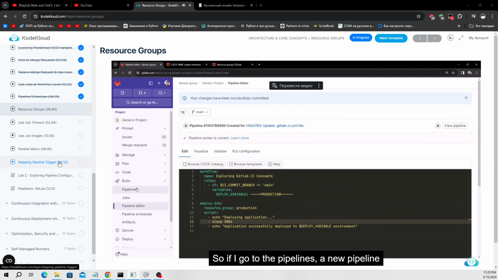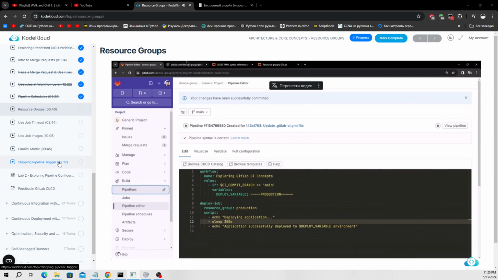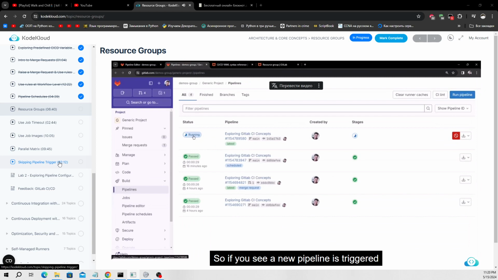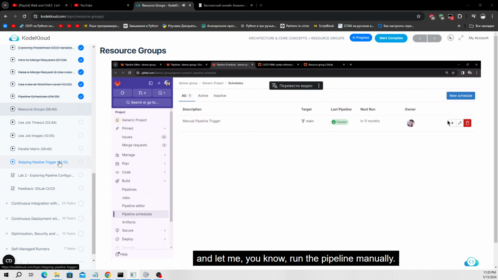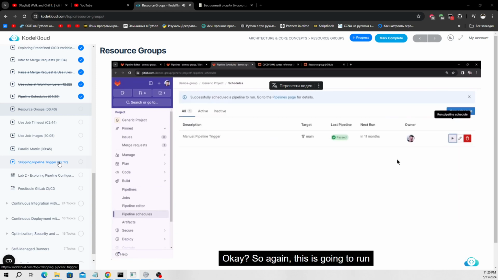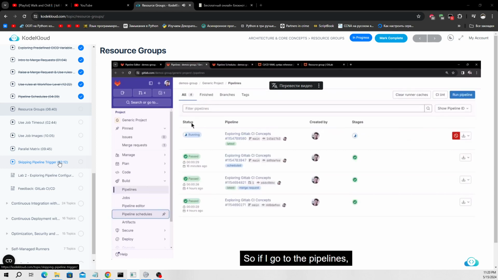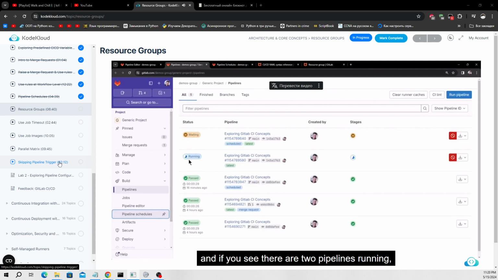So if I go to the pipelines, a new pipeline should be triggered. So if you see, a new pipeline is triggered and it is running. At the same time, if I schedule a pipeline manually, let's go to pipeline schedules and run the pipeline manually. Okay. So again, this is going to run for the same main branch, right? So if I go to the pipelines and if you see, there are two pipelines running, whereas the second pipeline